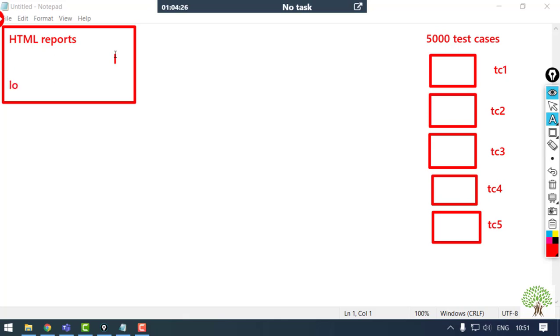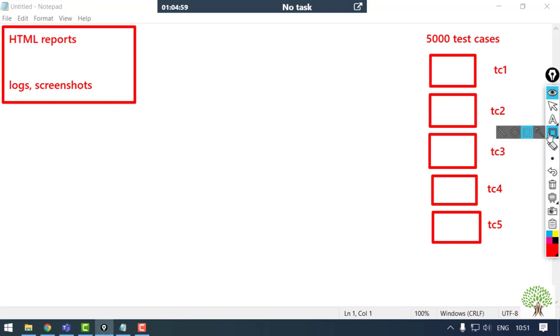Right. So for that you can add some screenshots and some logs, giving the information about the test case. Fine. Now screenshots are not something you add at every point, but at the critical points. Fine. So generating a report is one of the necessities you may have in the whole test suite, that even if you have 10 test cases, you should be able to generate a good HTML report.